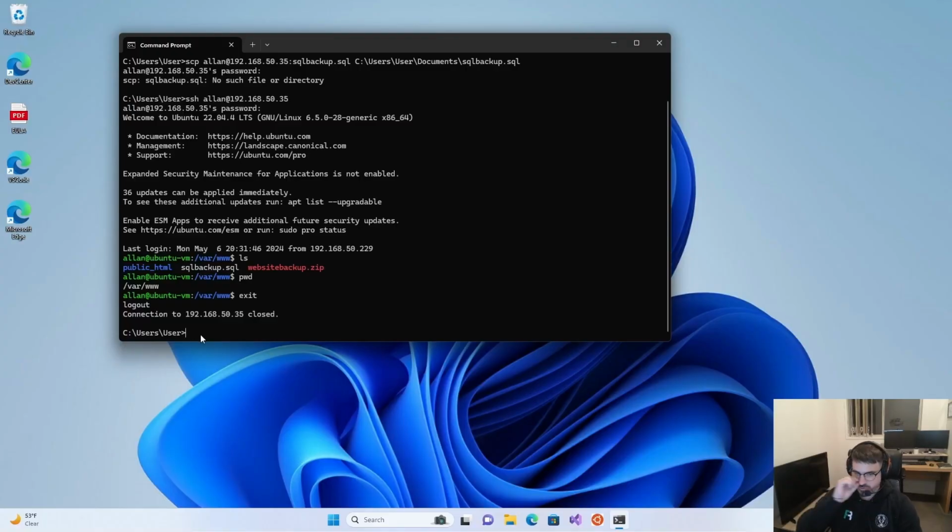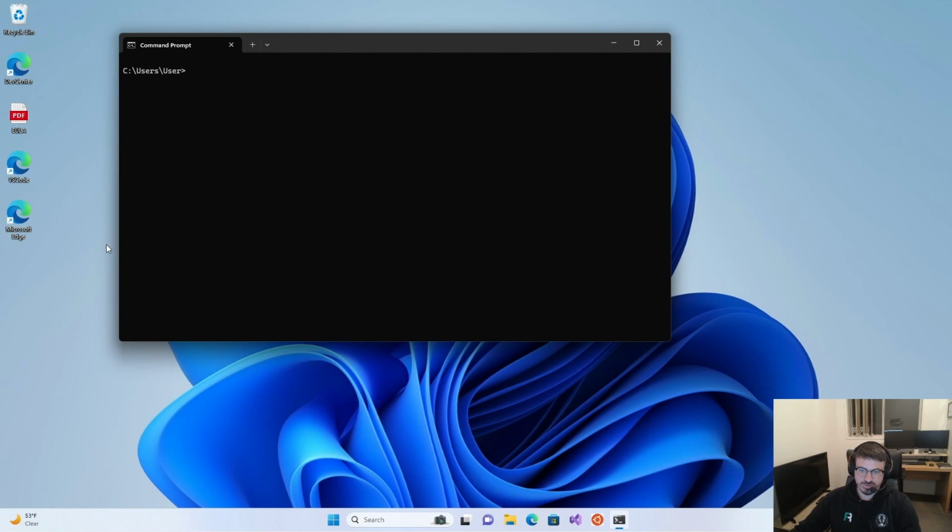Okay, in order to copy the file, first of all, exit out of the SSH session just by typing exit. And it should bring you back to a standard command prompt with Windows. Drop a CLS in there. That's going to clear the screen real nice, make it look real neat. The command we're going to type to grab those files and put them on our local computer is the secure copy command. So that's scp username at IP address,